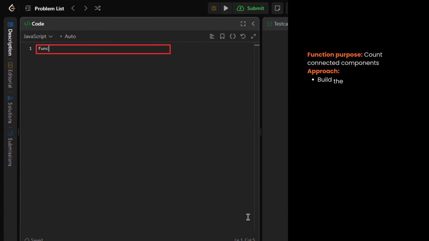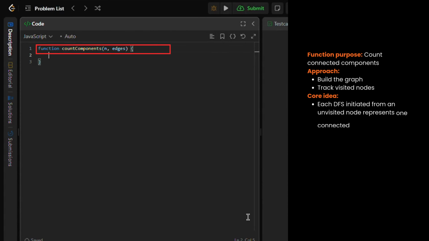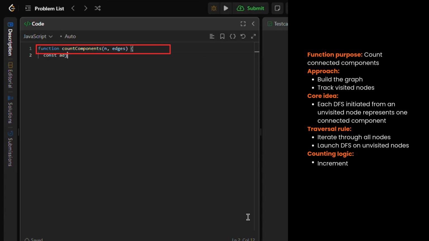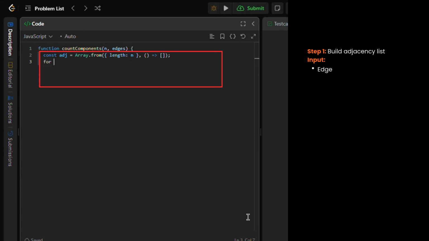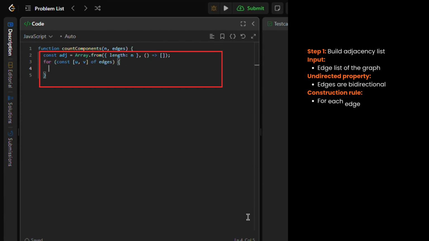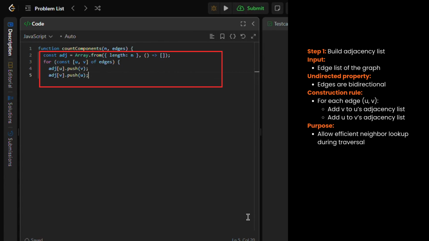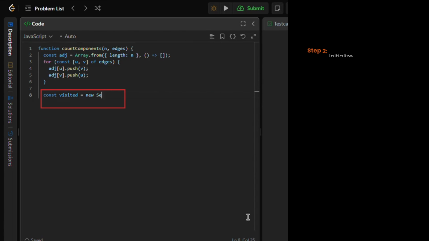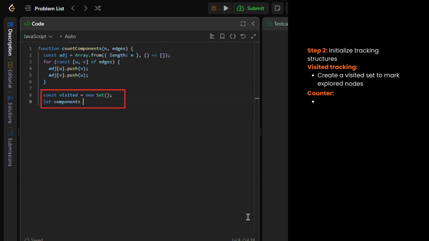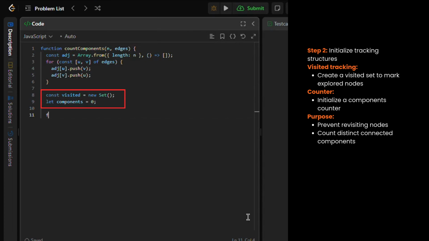This function builds the graph, then repeatedly launches a DFS from each unvisited node. Each launch corresponds to one connected component. First, we turn the edge list into an adjacency list so it's easy to find neighbors quickly. Since the graph is undirected, every edge goes both ways, so we add each endpoint to the other's neighbor list. We create a visited set to remember which nodes we've already explored, and a components counter to track how many